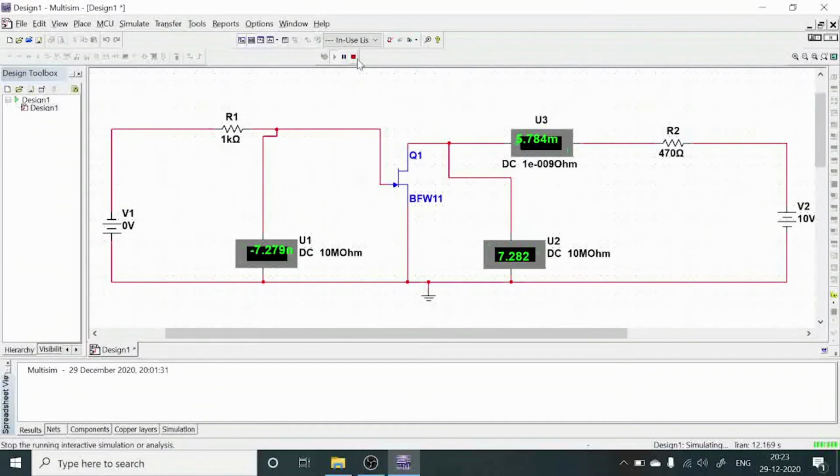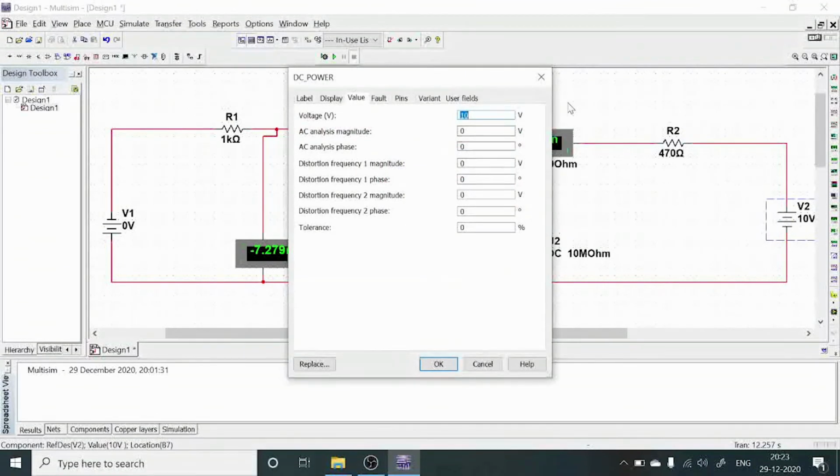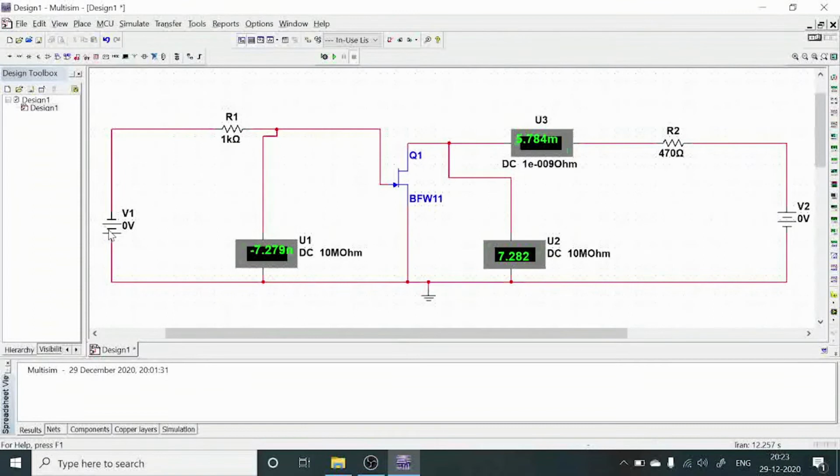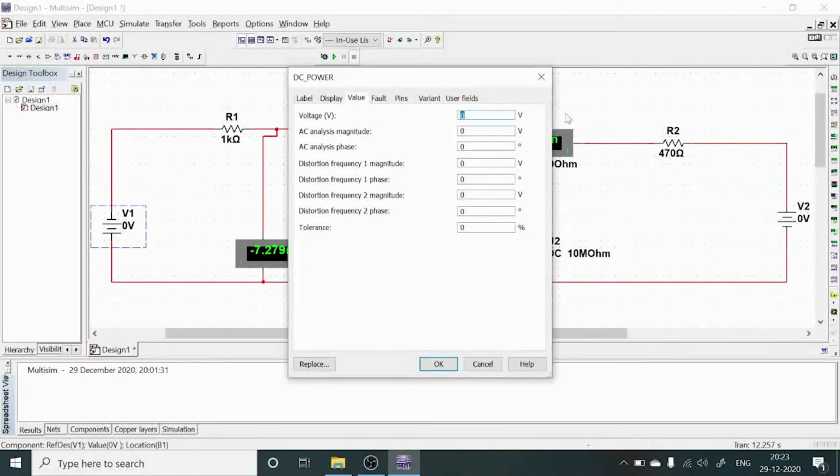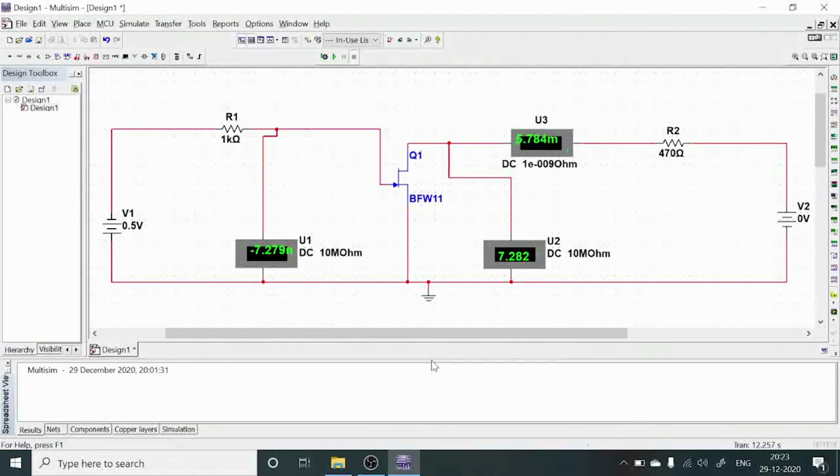So for this case, first stop this one, then first this second DC source is also adjusted to 0 and select OK. Now the first DC source, just double click on the first DC source. Now you can apply some 0.5 volts here. Now select OK. Now run. After this, just choose this run. Now you can observe we apply